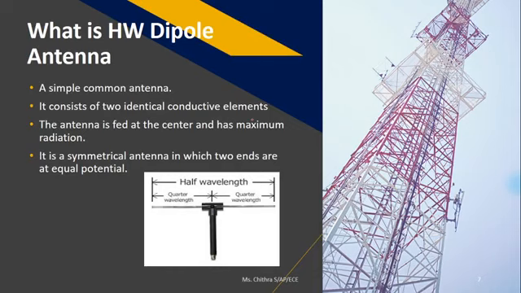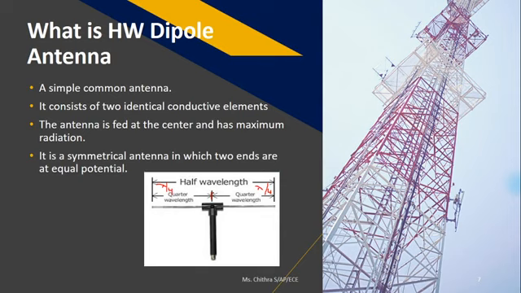Now coming to what a half wave dipole antenna is, it is again a simple, common form of antenna, since this is again some conductive element. Half wave dipole means this is a center point and this half will be of length lambda by 4, and similarly this half will be of length lambda by 4, which means the total length of the half wave dipole is going to be lambda by 2.